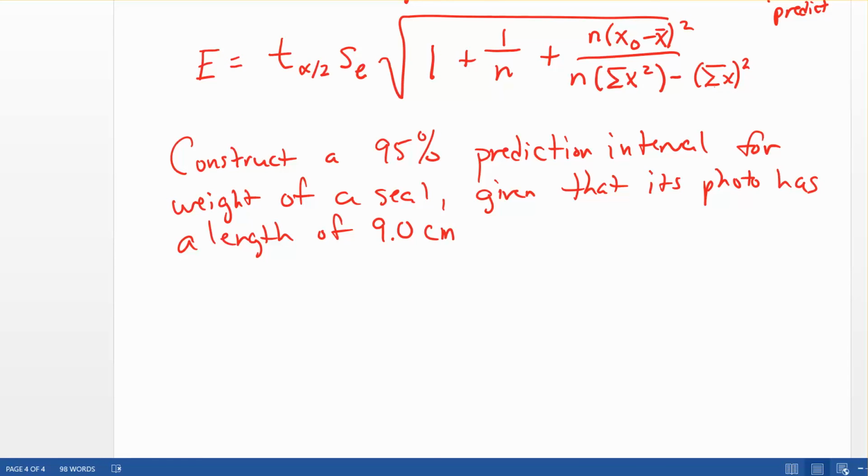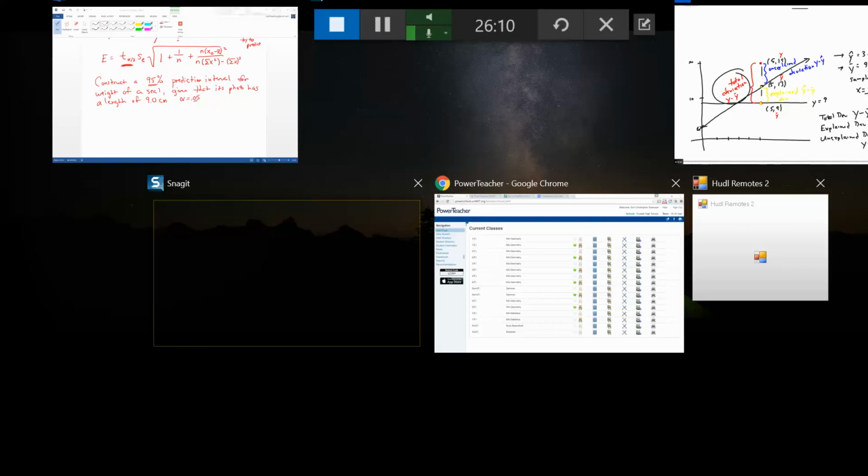To find the margin of error, the first thing we need to do is find this t-score. Now we said that if it's not given, then our significance level is 0.05. But in this problem, we're building a 95% prediction interval. So our alpha level will be 0.05, it's 1 minus the 0.95 interval we're getting. So we need to go find a t-score for alpha, 0.05, divided by 2, because it's going to be a two-tailed test. So to do that, we need to go to our t-score calculator,